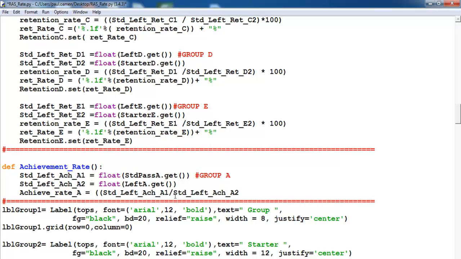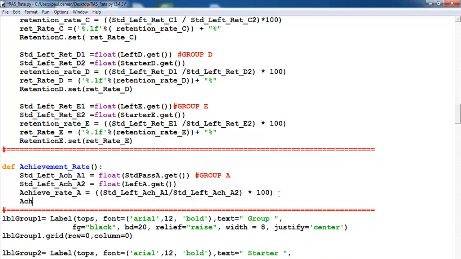With this divided by this, then we multiply it by 100 and close that bracket. Okay. Achieve rate equals, let's enter